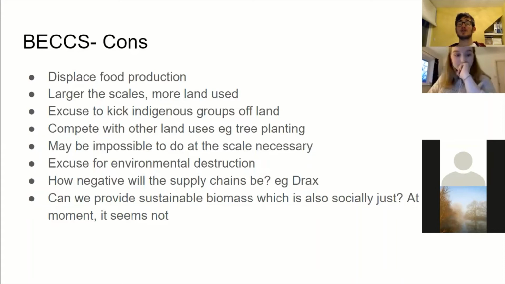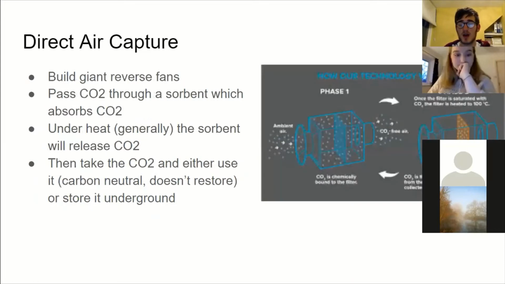And the real question is, can we provide sustainable amounts of plant biomass, can we plant this at a scale that's good at this scale, but is also socially just as well? Can we do that without endangering people's food supply, so endangering people's lives, and also without endangering loads of other things, including environmental destruction? At the moment, it seems like we can't do this. As I've said, if we end up getting things like ocean afforestation working, maybe that could be an alternative. If we can get some other things from oceans, maybe that will become a way of solving the food problem and the land use, but who knows really.